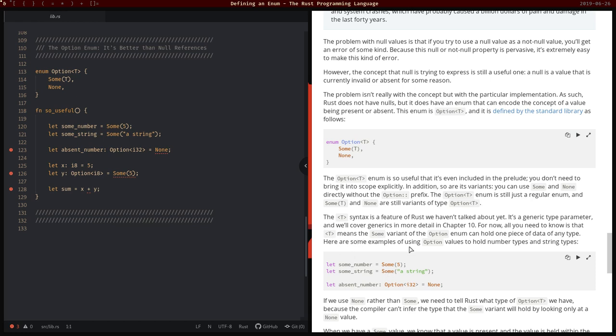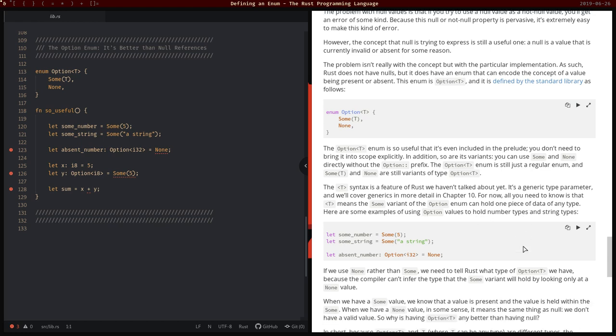Here are some examples of using Option values to hold number types and string types. So here's my enum Option, generic type. So, alright. The Option, so this is not a parameter exactly, because the parameter is down here. This is where the tuple is that contains a generic type, but then tacked onto the side of the Option